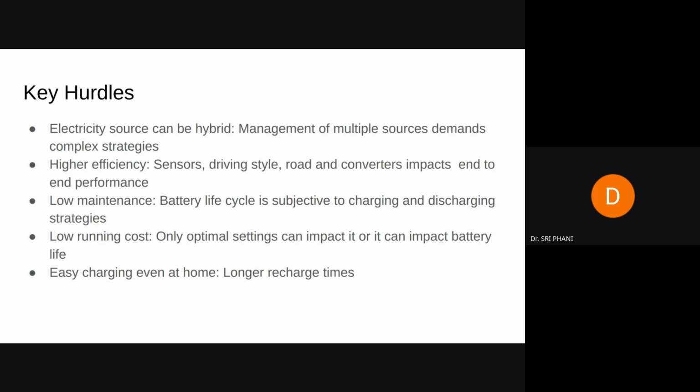What does this mean? In an IC engine, you have a fuel, and you know that for 1 liter of petrol you are going to get say 10 or 15 kilometers of range. But when it comes to an electric vehicle, you have a battery state of charge of say 70% or 80%,